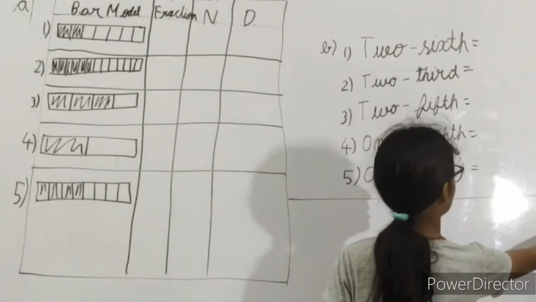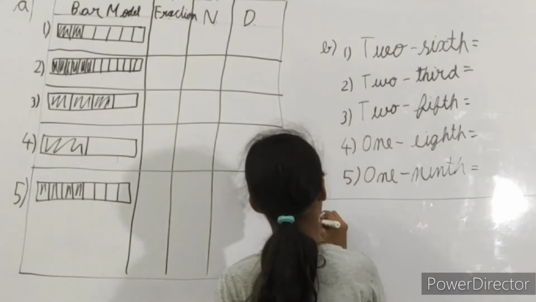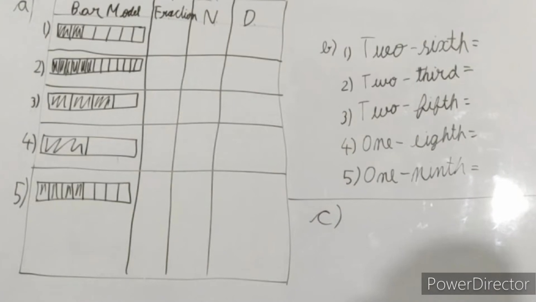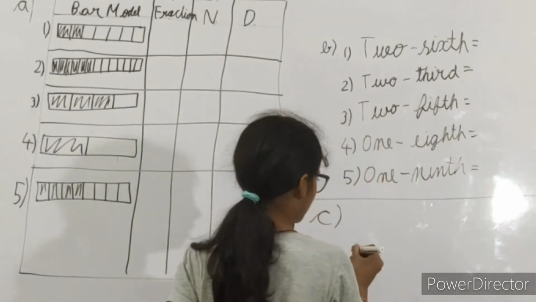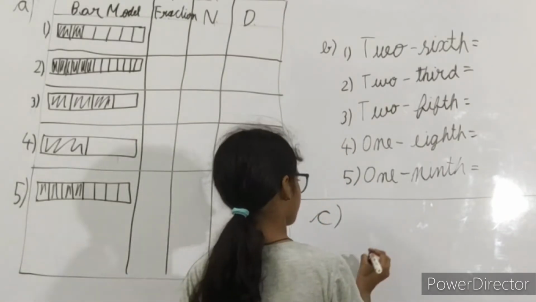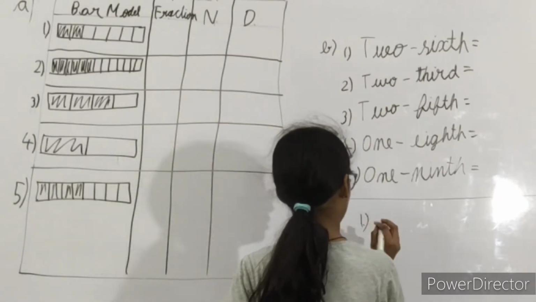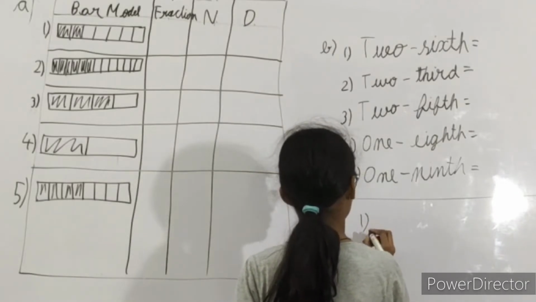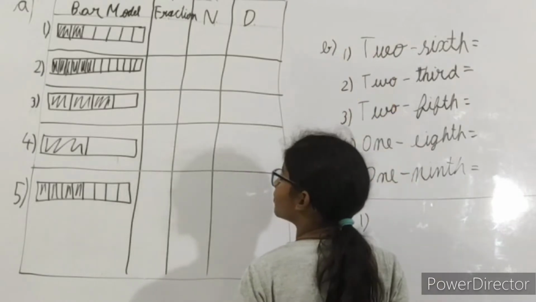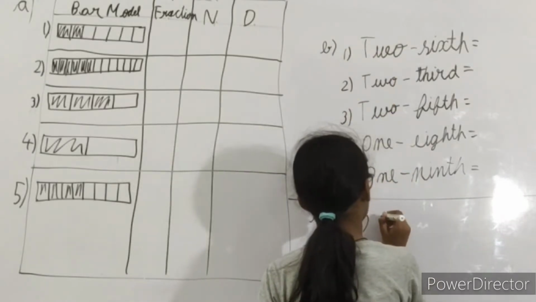Now after this, I will write the C1 over here. Okay. C1. Okay. In C1, I'll not give you 5. I'll give you only 2. Okay. First one is, this is number 1. Okay. So first one is